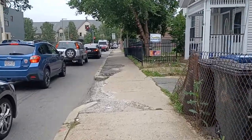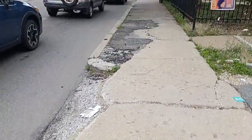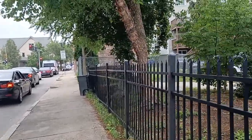But yet, we live in city sidewalks in despair. Trip hazards all over the city of Boston. Nobody's doing nothing about it. The city knows about it. And they put these,